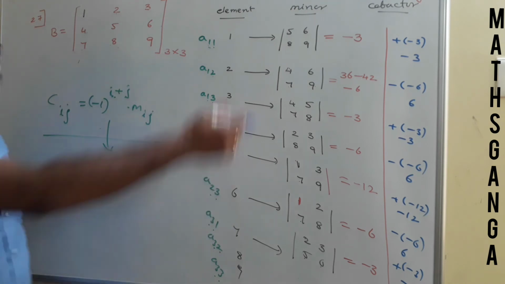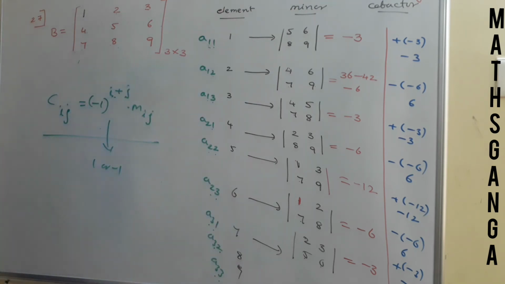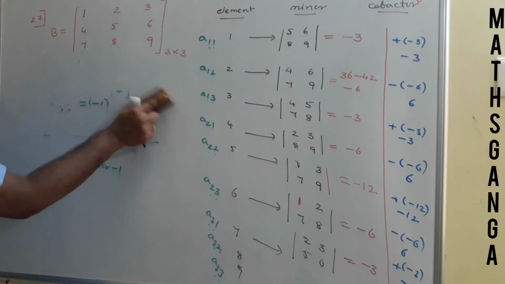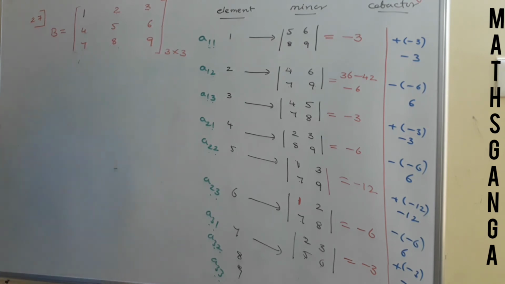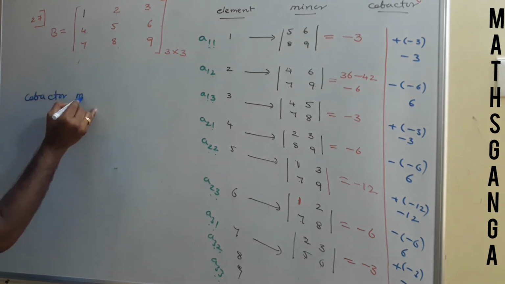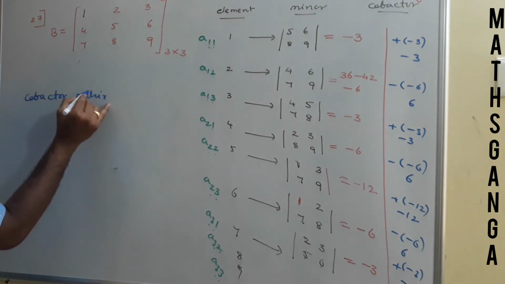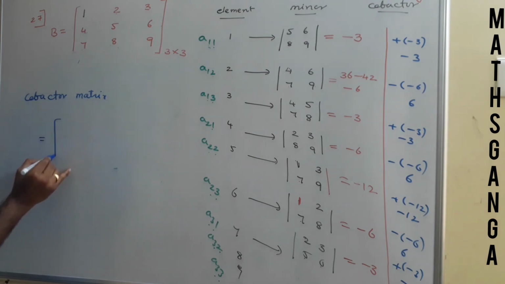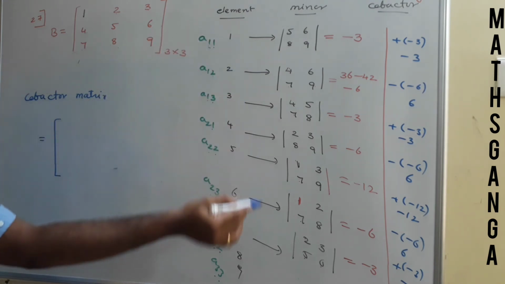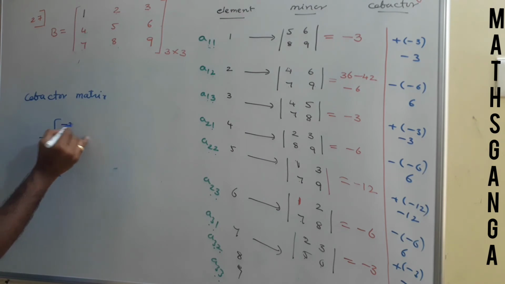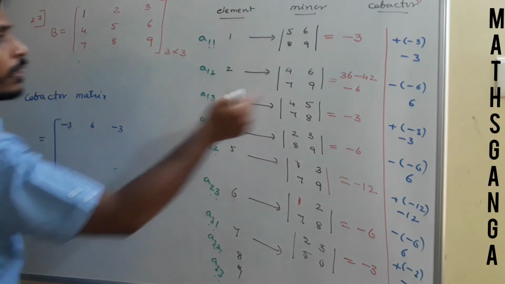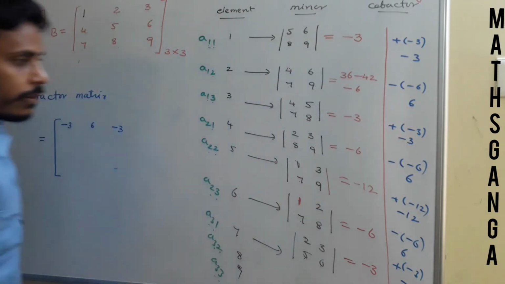So after having everything, there is a chance to write its cofactor matrix, right? Okay, I will give you, just look there. From this table, there is a chance to write the cofactor matrix. Cofactor matrix is equal to, you just write all those elements, okay? Minus 3, 6, minus 3. Minus 3, 6, minus 3. And then